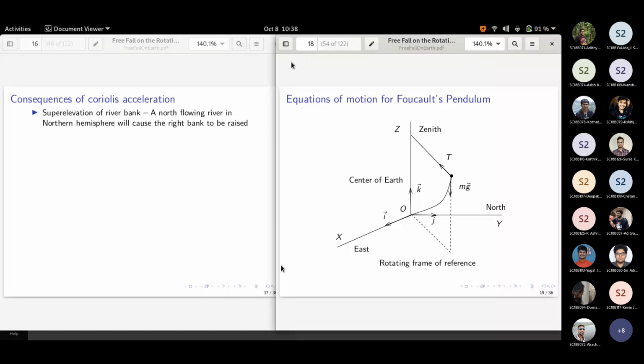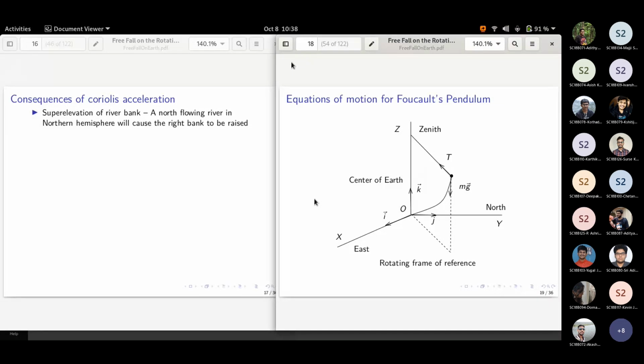So from the zenith, you are hanging the pendulum. The tension is given by this T, the length is L, we will be discussing that. At any instant of time, the force is felt directly below towards the center of the earth, that is mg. You have the east, north, zenith axes. What we have also done is simply shifted the origin of the coordinate system, because the translation is not going to give you any new results here. It's not going to change the observation.